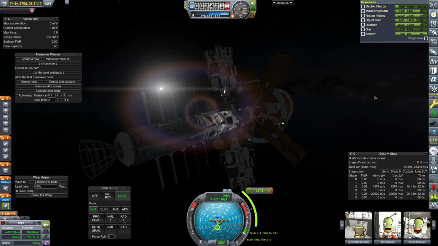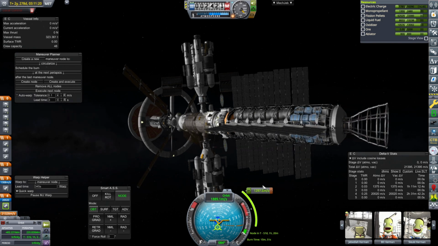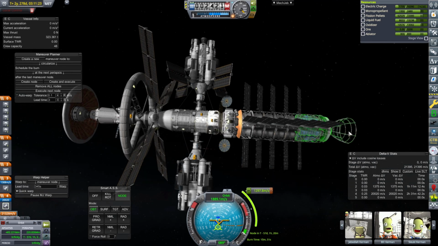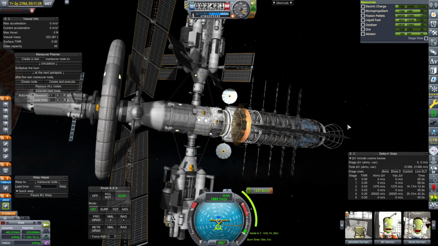Okay, moving in position. Solar panels are working, but they're not working very well anymore. It's not just the engine recharging, is it? No, the engine's charged. Yeah, I believe the solar panels aren't working very well anymore. We're too far out. They are recharging. Are they actually just recharging slower than the...